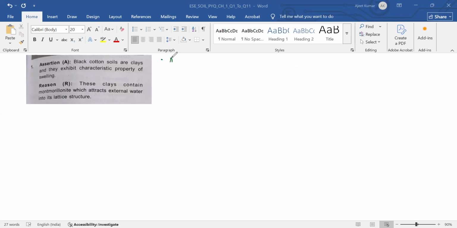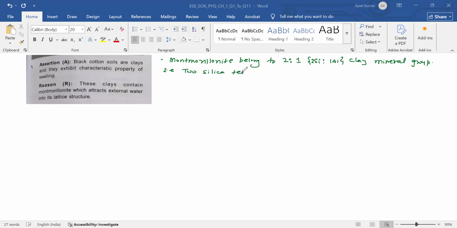The first point is, montmorillonite belongs to the 2:1 clay mineral group, that is 2 silica to 1 alumina, that is 2 silica tetrahedral sheets